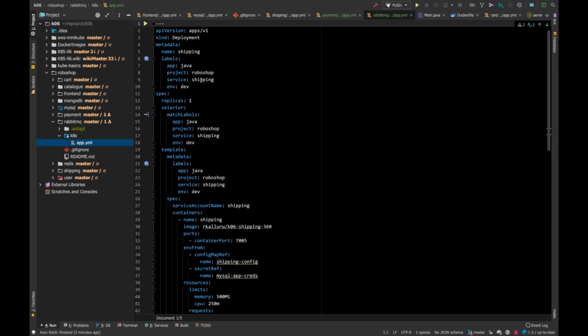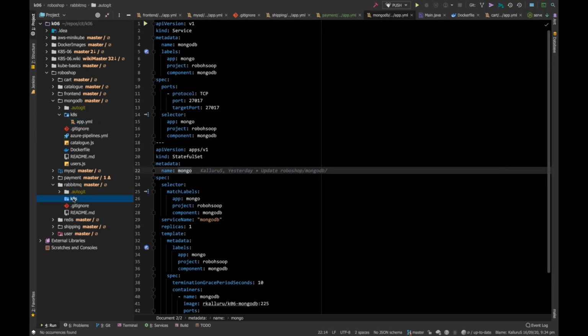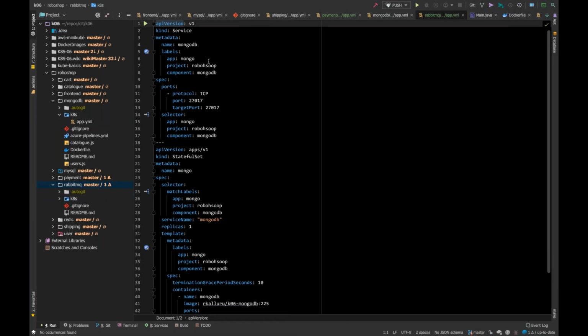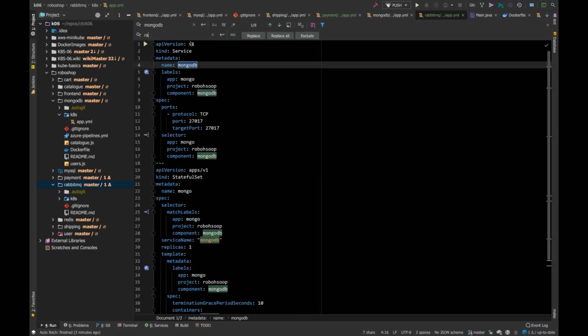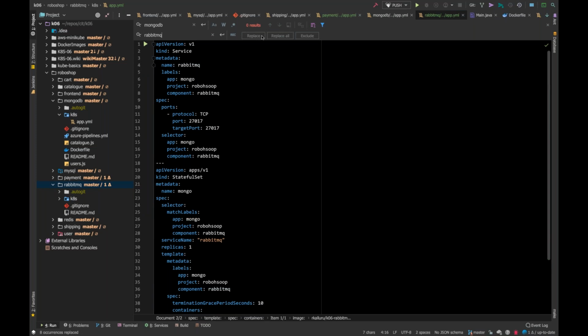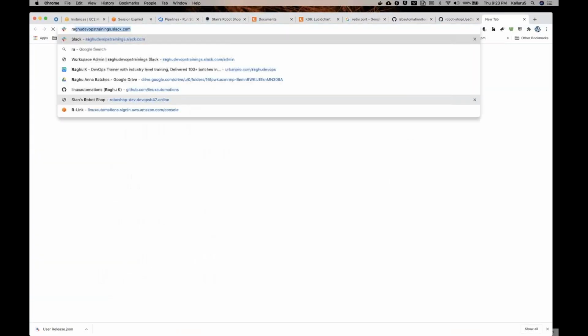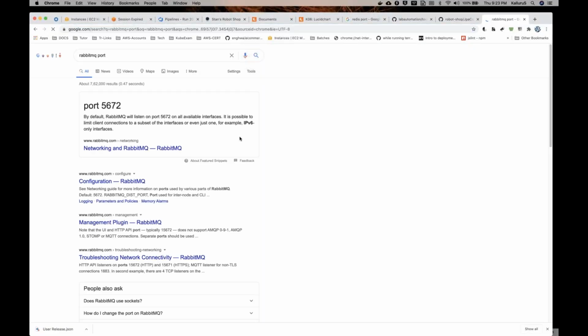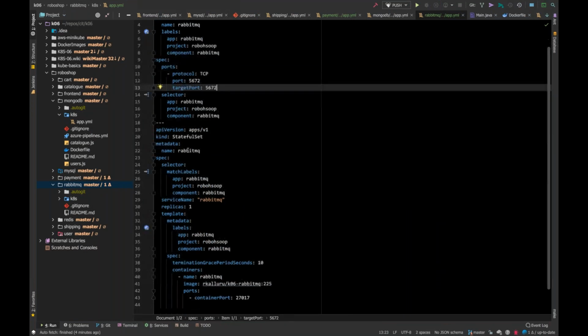Done. So I will go to the RabbitMQ. For RabbitMQ, we can go for deployment or stateful set. So stateful set is better. So that is where I will delete this file. I'll copy from Mongo. So here it is, RabbitMQ. Mongo replace all, everywhere RabbitMQ. Okay, and the RabbitMQ port number, 5672, it's gonna be 5672. RabbitMQ, and the stateful set